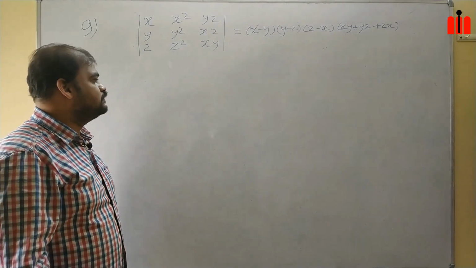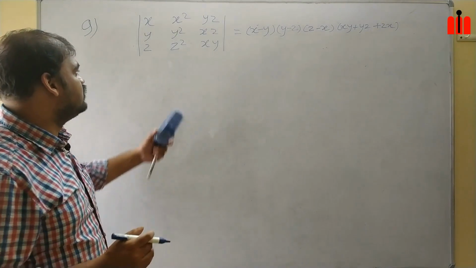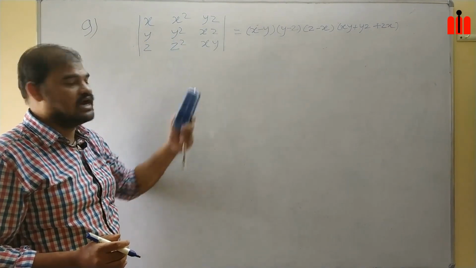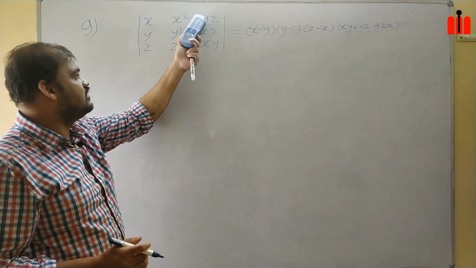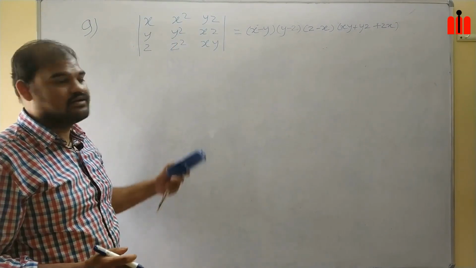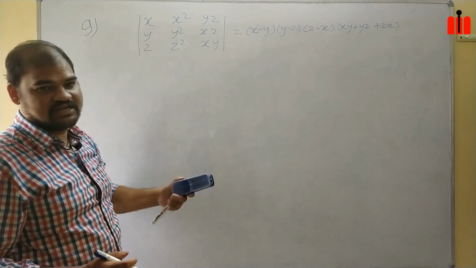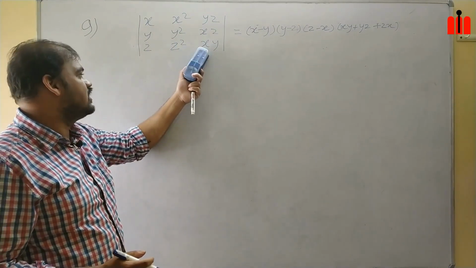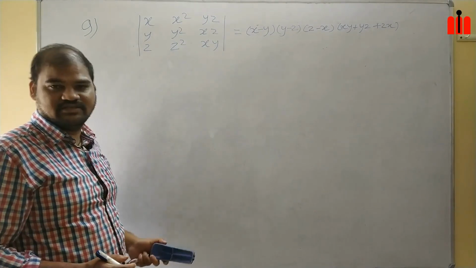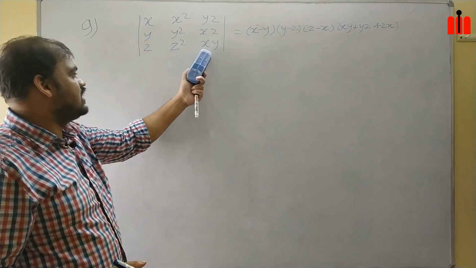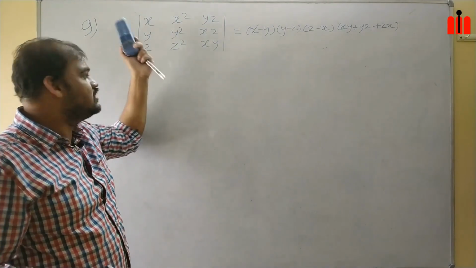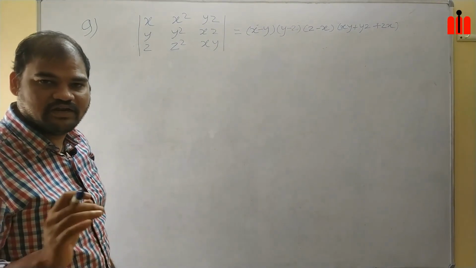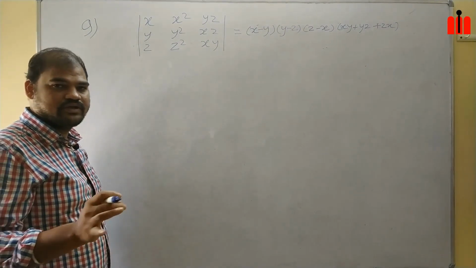Okay. Now what I will do, my idea is to first multiply entire rows R1, R2 and R3 with x, y, z. Then I will get x, y, z here, x, y, z here, x, y, z here. R1 I will multiply with x, then I will get xyz. Here R2 I will multiply with y, then here I will get xyz. Here I will multiply with z, then I will get xyz. Now once I get xyz, I will take it common from entire C3. Then it will become 1, 1, 1 and it will become the same as our previous problem which we had solved in problem number 8. Okay, so let's do that.